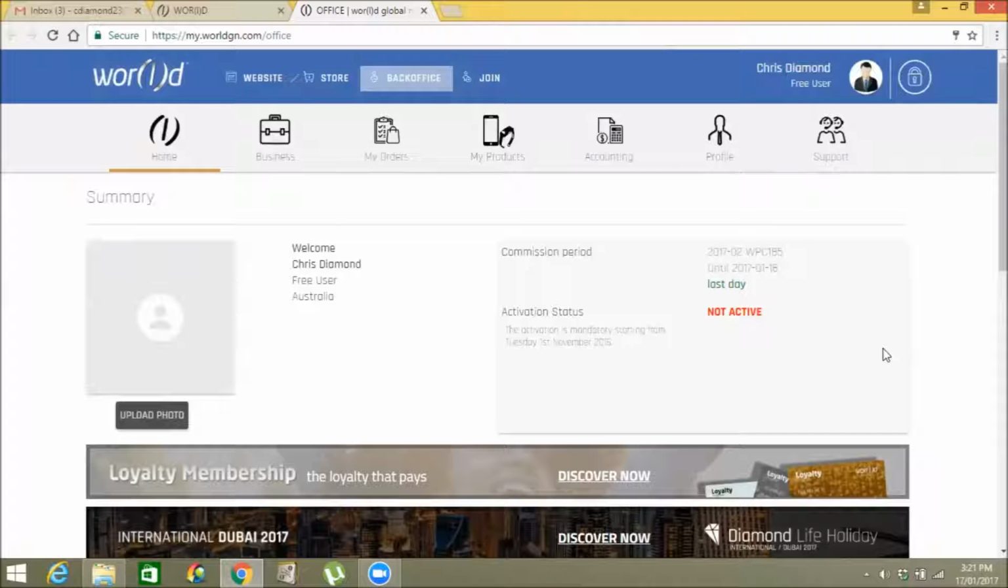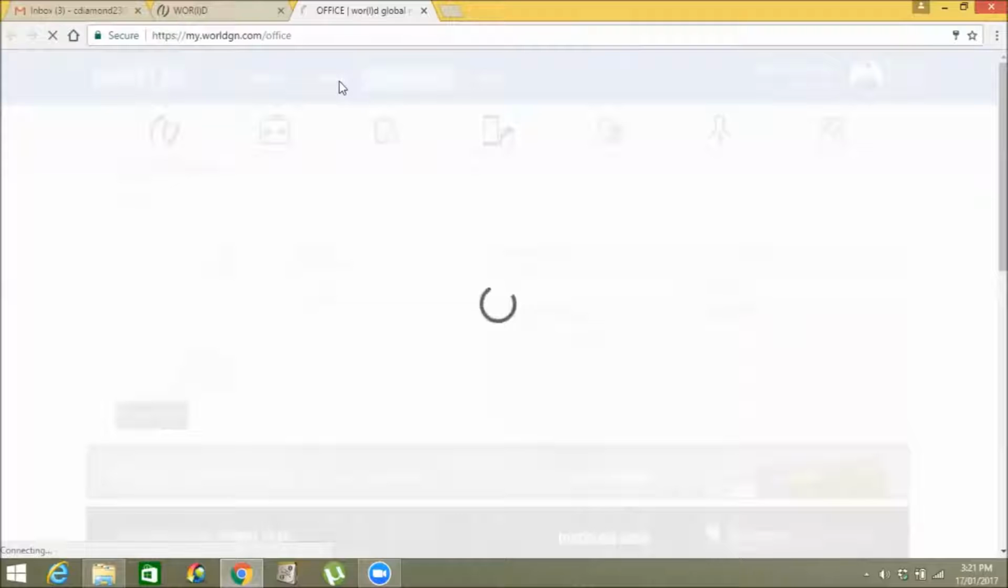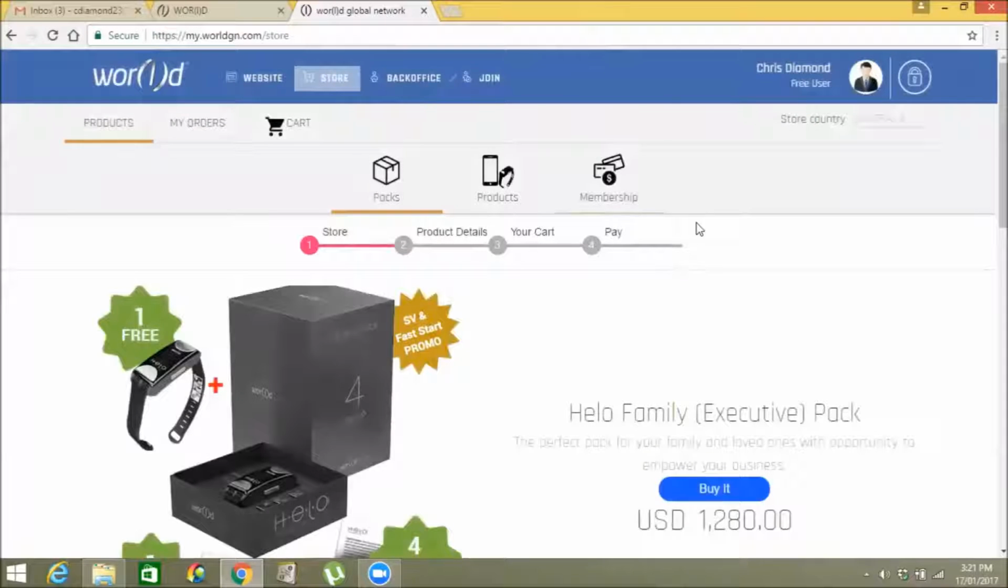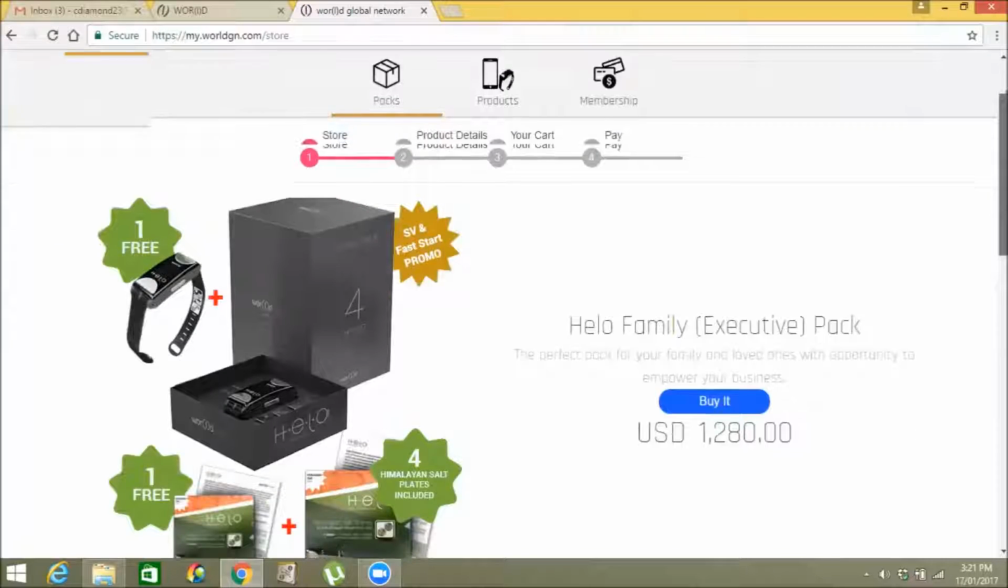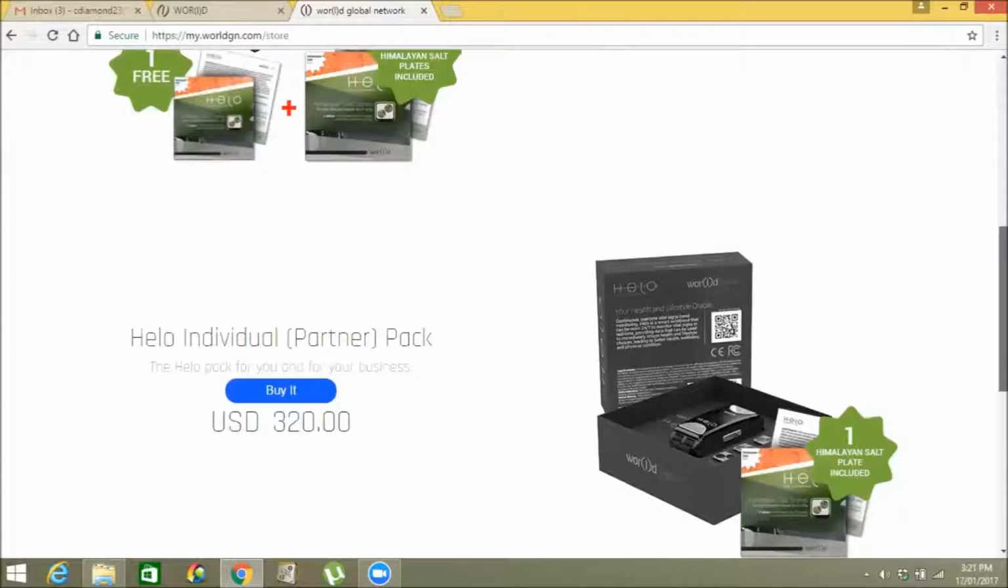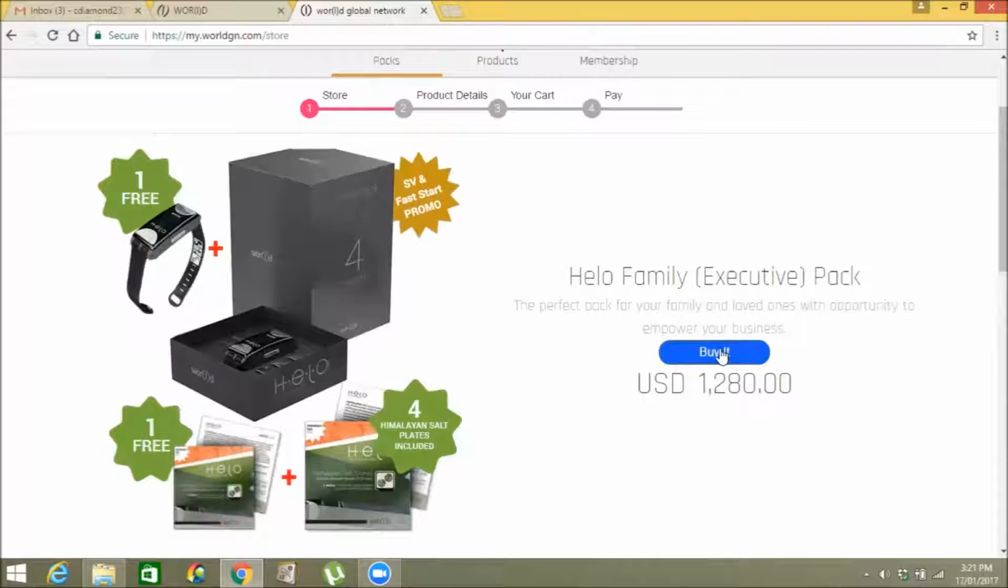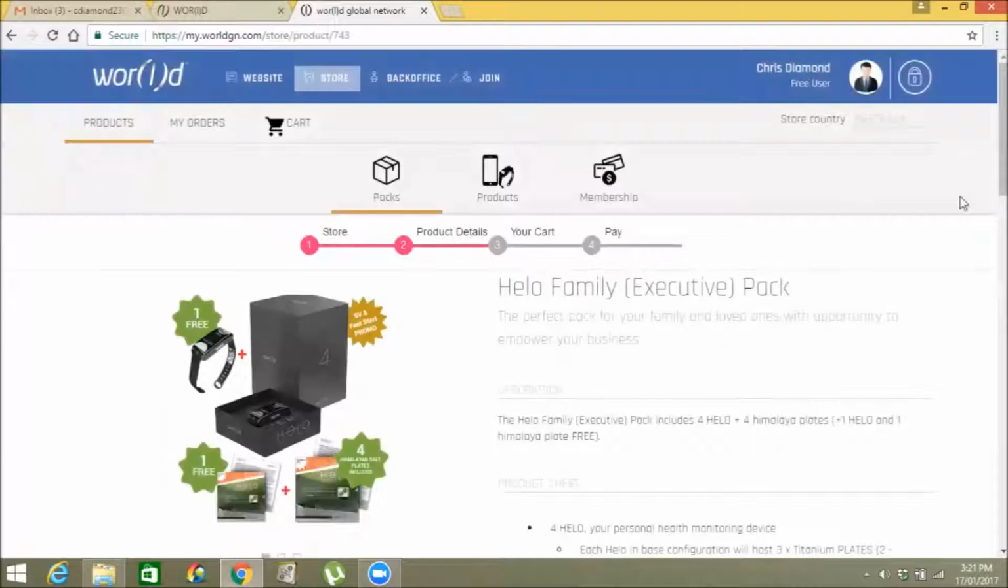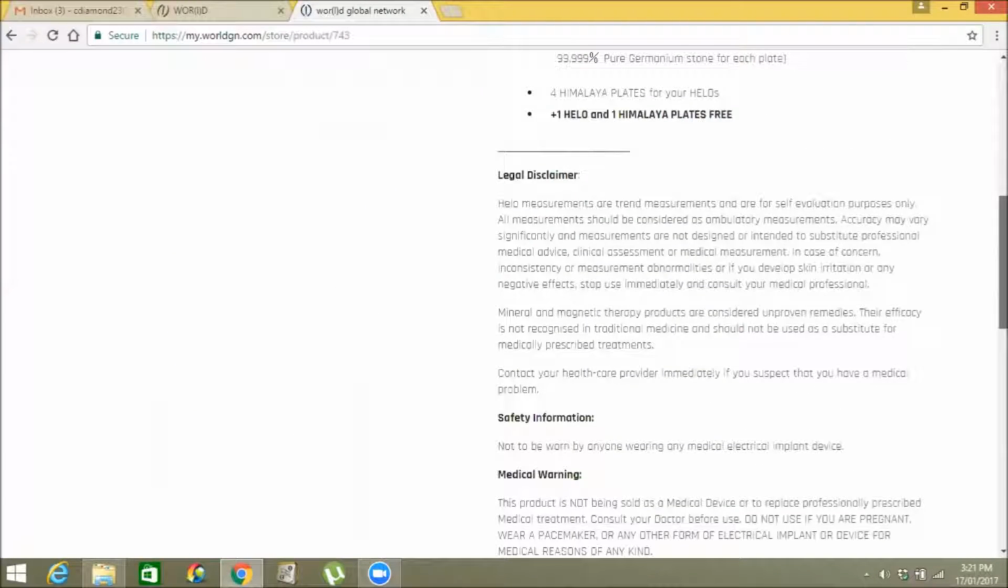Now, to purchase the device, you go to Store. Then we have a look at the options of packs. So obviously there's the executive pack where you get your 5 helos, or there's the partner pack where you get your 1 helo. So in this scenario example, we will select the executive pack, click buy it, then scroll down